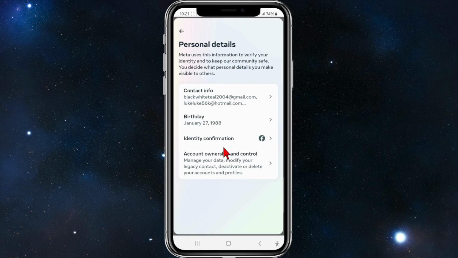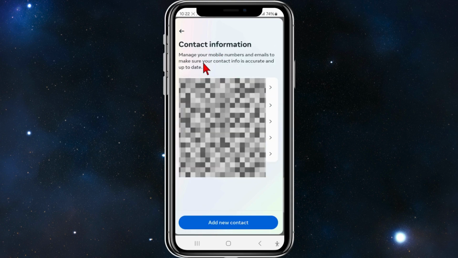And then from here, it'll show you all of your personal details, from your email addresses, birthday, identity, account ownership. So what you need to do is click on contact info. And then on this page here, you'll be able to see your phone numbers and email addresses associated with your Facebook account. Now to delete a phone number, simply click on it